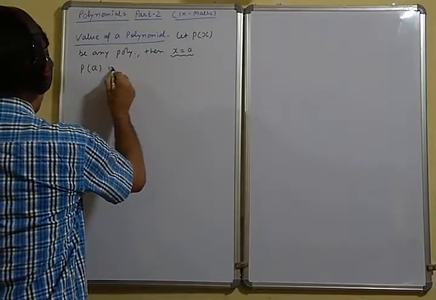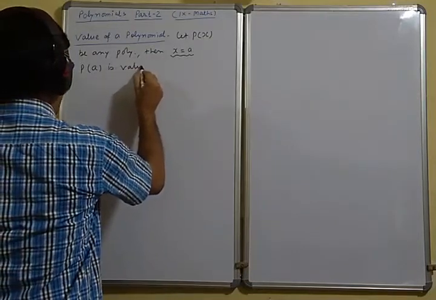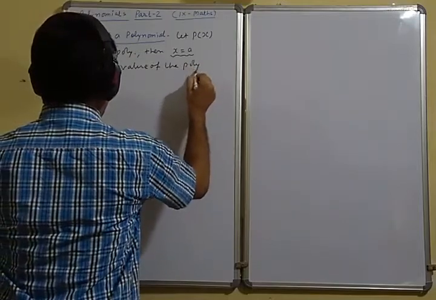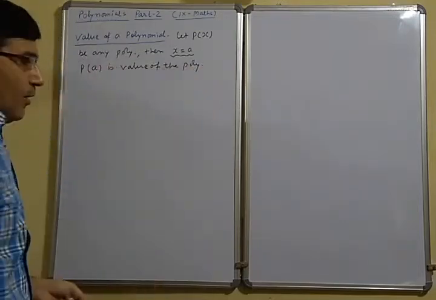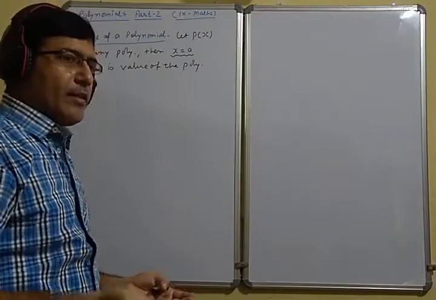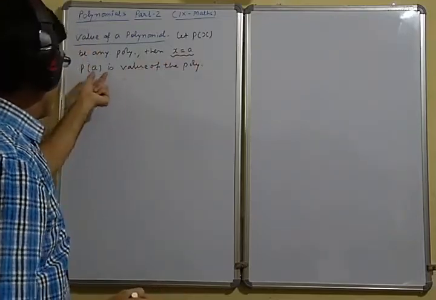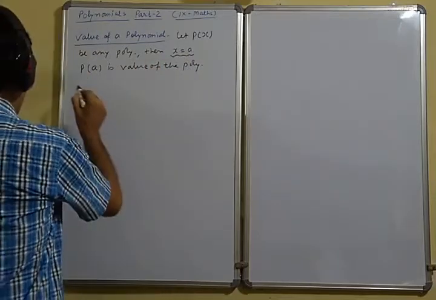P(a) is the value of the polynomial. So, if P(x) is any polynomial and we take the value of x as a, then P(a) is the value of the polynomial. For an example,